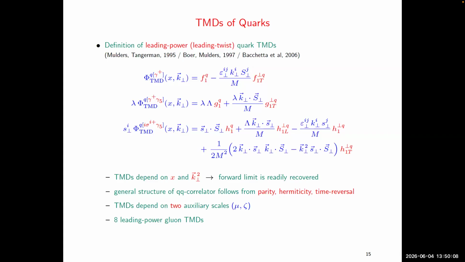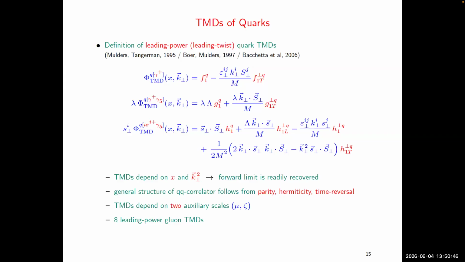3 more structures. So if you add this up, we have a total of 8 leading quark TMDs. And let me right away say we have the same number for gluons. I'm not spelling this out here. Again, this decomposition follows from parity and hermiticity, and there's a non-trivial constraint from time reversal, which is not related to the number of these functions, but to something we get to either today or tomorrow. And at this point, I hope to be able to come back towards the end of today's lecture, at least